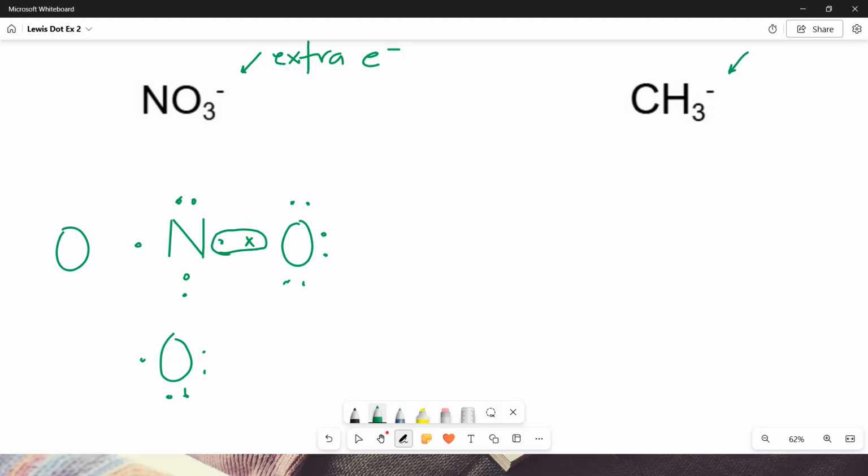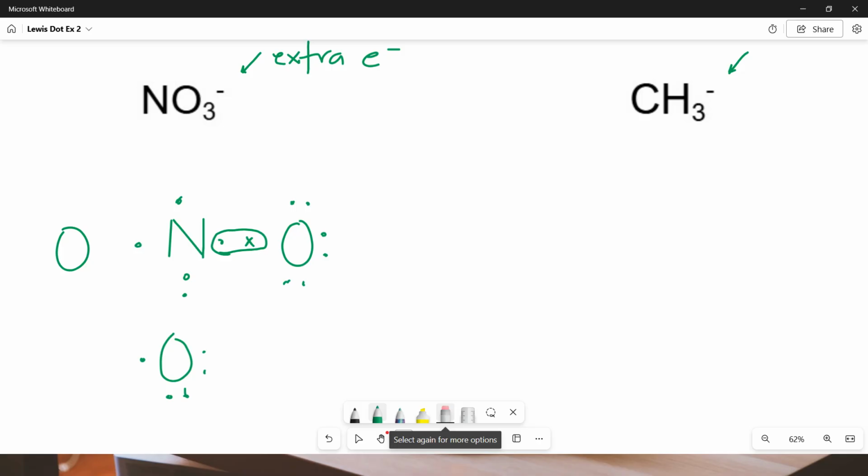I think what I'm going to do, I have one more here. I think what I'm going to do is I'm going to form what's called a coordinate covalent. And you're like, what? That's when one atom donates both electrons in the bond. See, oxygen needs another electron here, and it's got to get it from the nitrogen. So I'm going to erase the one up here and erase the one that oxygen gave, and I'm going to let oxygen keep its 6, and nitrogen's 1 electron from the top is going to go here. So what's going to happen here is we're forming a single bond there, but both electrons came from the nitrogen. This is called a coordinate covalent bond,